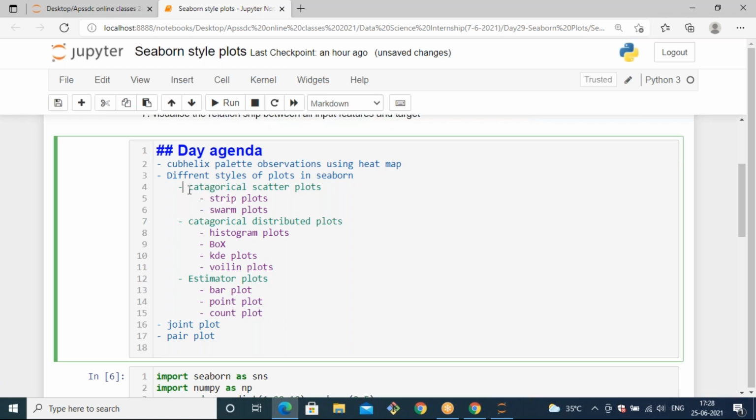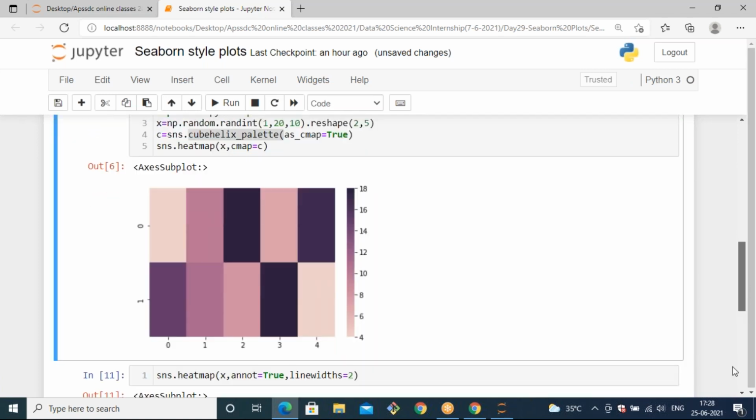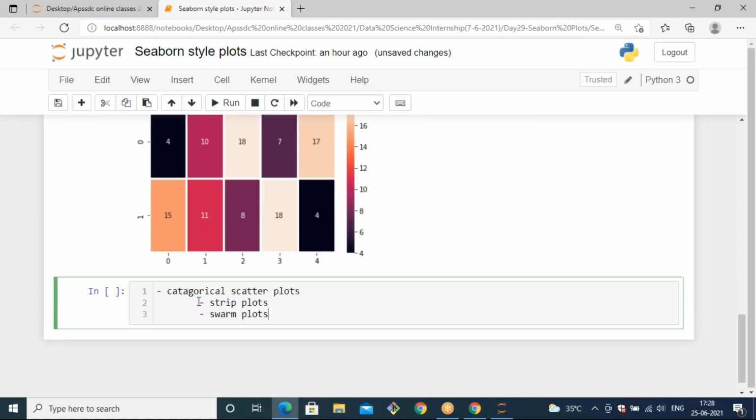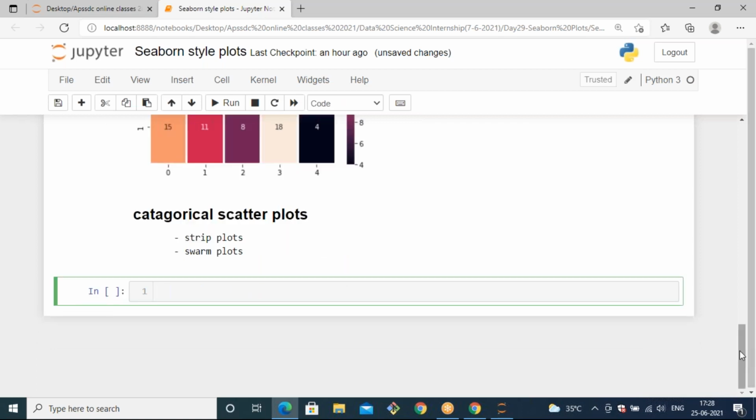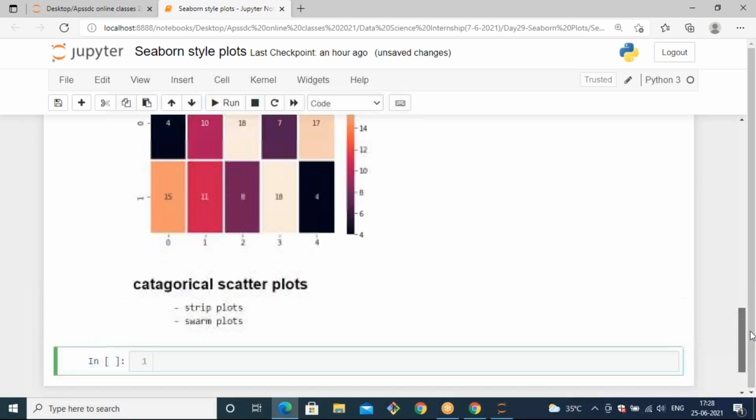First we are going to see the categorical scatter plots. In the categorical scatter plots, we have strip plots as well as swarm plots. To display strip plots or swarm plots, we should use one plot and pass these kinds of scatter plots to it.